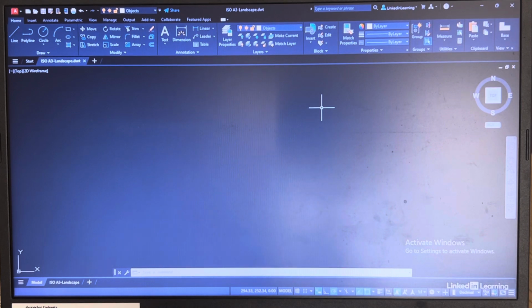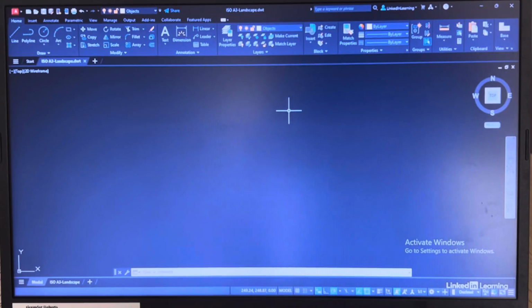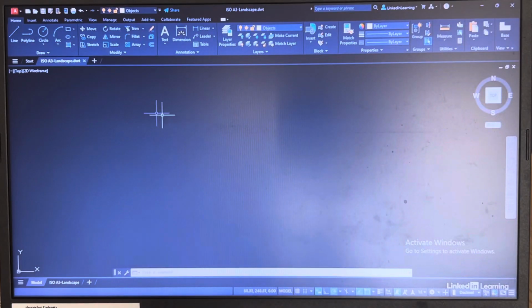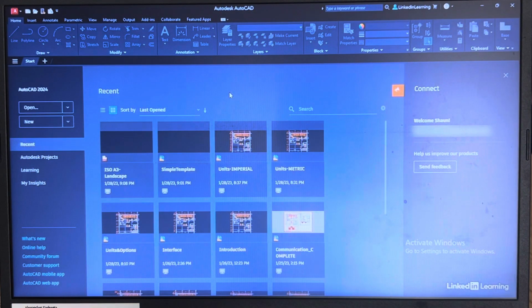Now, our DWT file is saved. You can see there it's got the name at the top of the screen. So what I'm going to do now, I'm going to close this particular file. Now, what's really nice about AutoCAD is I can just go up to this little cross here on the File tab, click on it, and that closes the file. Now, you'll notice now I'm back in the Start tab, and there's all different drawings that I've been using, as